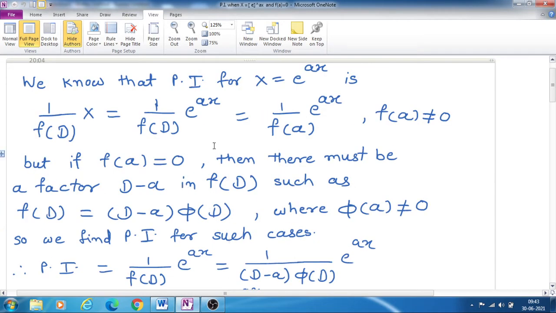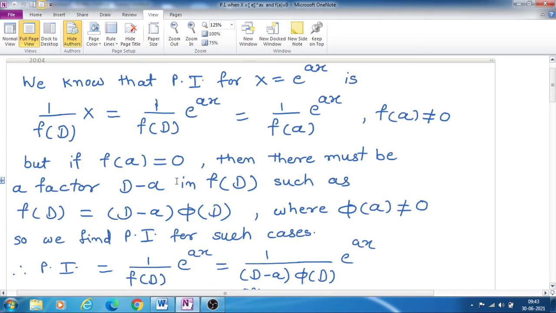That means when capital X is equal to e raised to ax, then to find PI we only have to substitute D by a, and if f(a) is not equal to 0, then our PI is 1 upon f(a) e raised to ax. But now we have to see